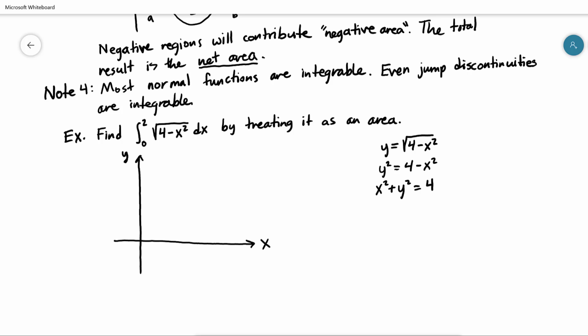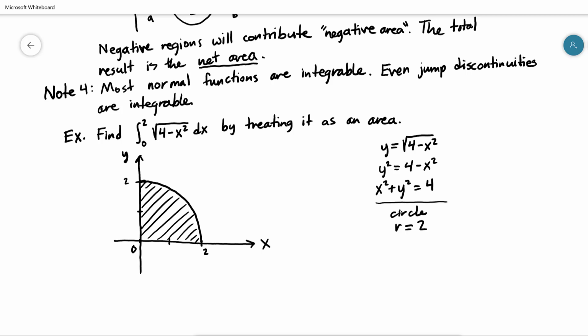This is hopefully something you do recognize. That's a circle with the radius equal to 2. And so it's centered at the origin, goes up to a height of 2 here, goes over to point 2 over there. This is the shape that we're dealing with. It's a quarter of a circle in this case because we're going from 0 to 2. So I want to find the area